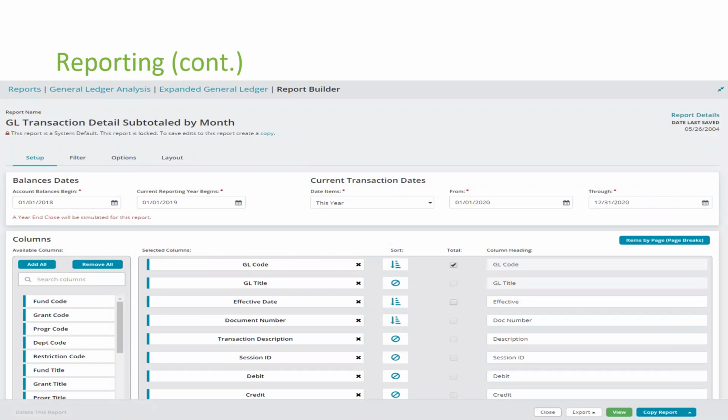So the first thing I need to do after selecting the report type is to customize my columns. What data do I want to show? This is where you do it. Pre-formatted or default reports will automatically come with a set of columns, and it's really up to you to modify them. I can drag and drop as I go. I can reorder. I can columnize the data the way that I want.